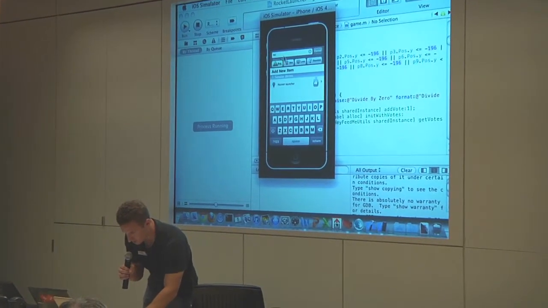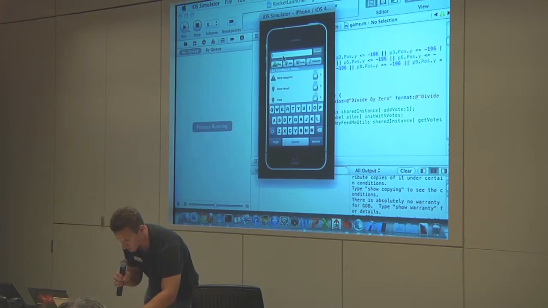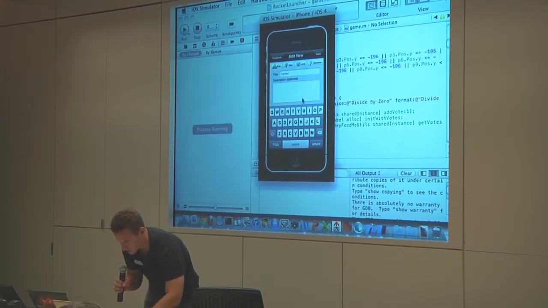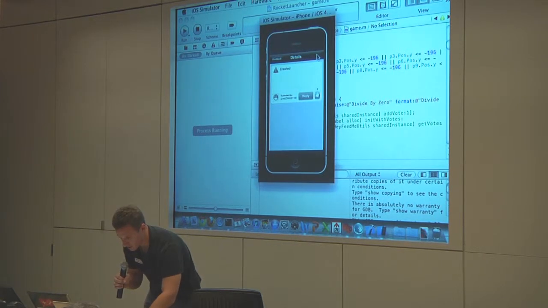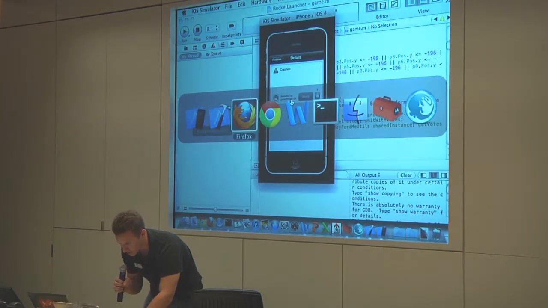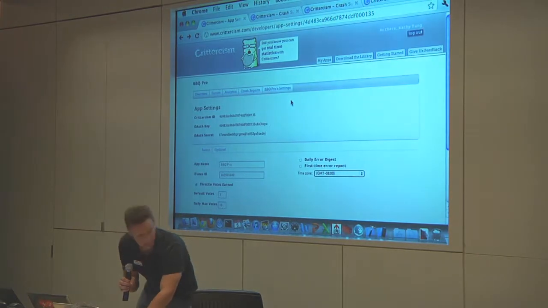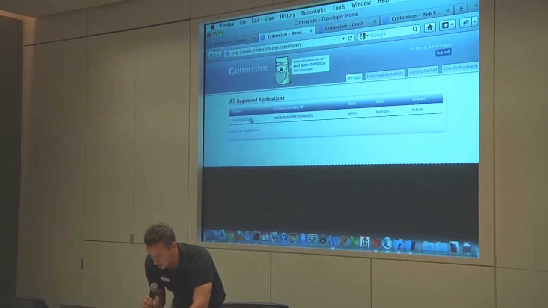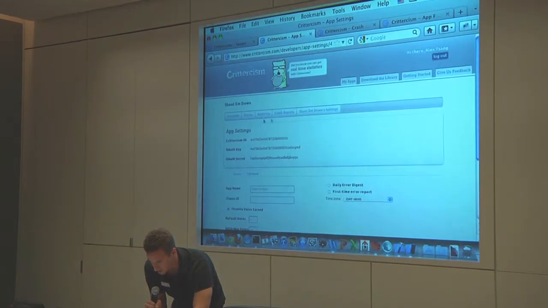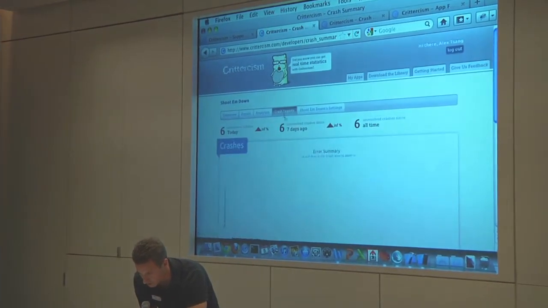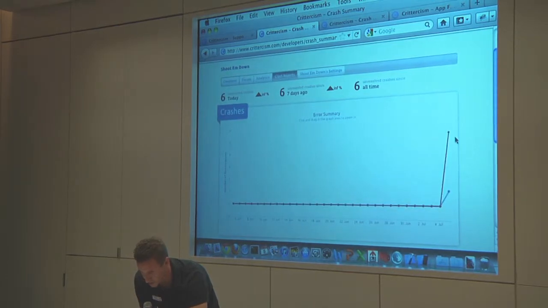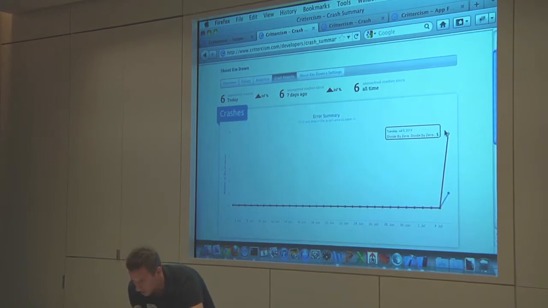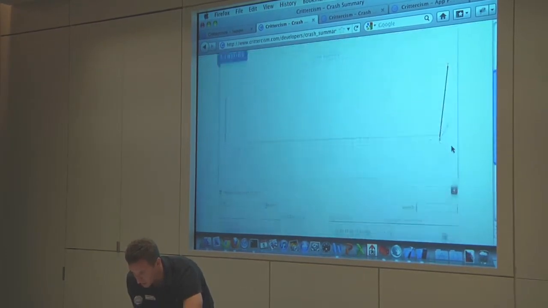So I'm going to go ahead and report the problem. Crashed. Let's see. Okay, I'm just going to save it here. Okay, so it created a new thread. I'm going to flip back now to a developer's perspective. This is a different app. You can see a list of your registered apps with us. I'm going to go to crash reports. So the crash you just saw was, I should have loaded this up and refreshed it, but the crash you just saw appeared right here.